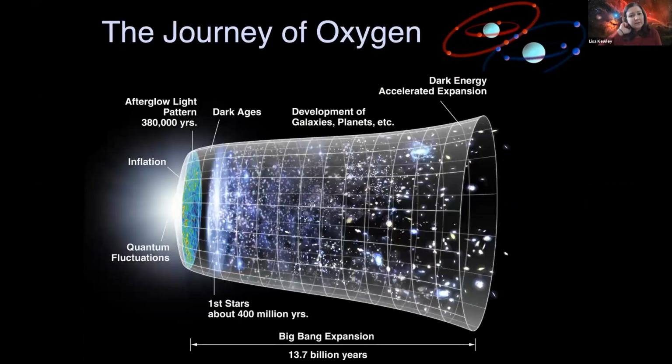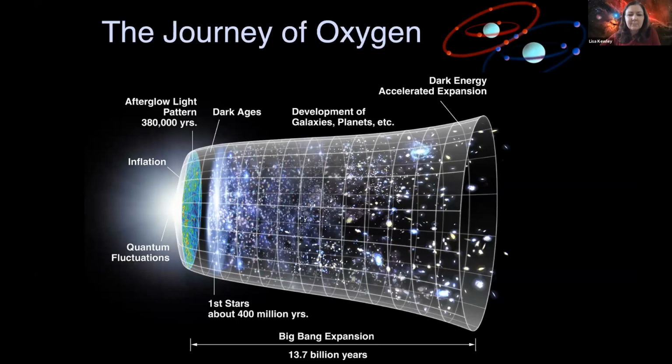So this is a short history of time. What we have is the Big Bang, and then after the Big Bang, we went through a period called the Dark Ages, and you can see it's dark here in the left part of this cone plot. And in that time, the universe expanded in darkness, and the Big Bang created hydrogen. So all the hydrogen in the universe was created by the Big Bang. And then a little bit of helium was also created in the Big Bang.